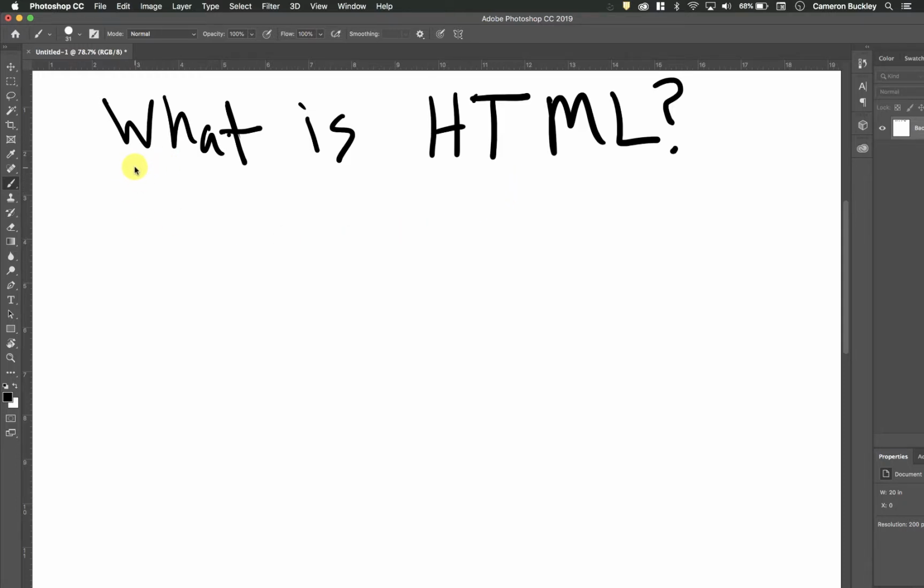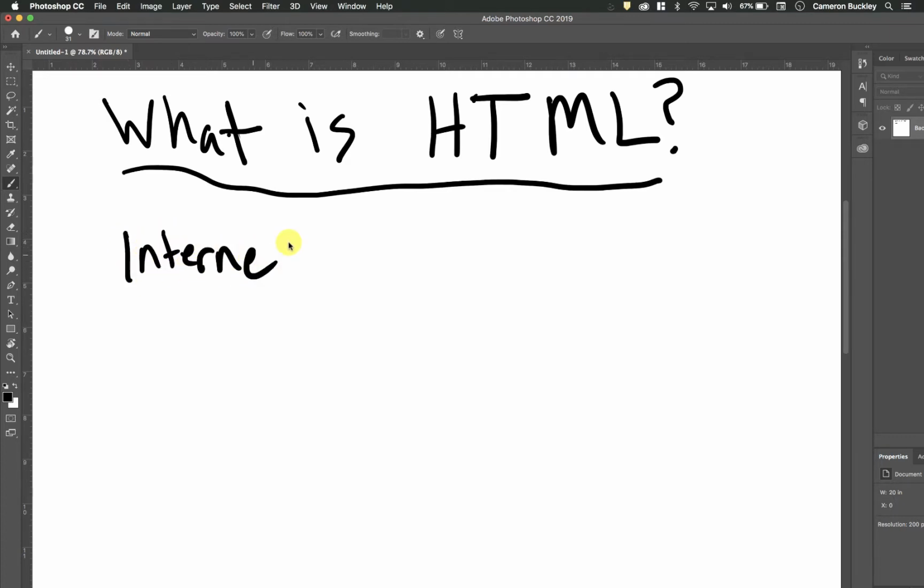So let's talk about what is HTML, CSS, and how do these two things work together. We've gone over this briefly in previous videos, but to clarify, all of the internet is just a series of servers, basically computers, that we are accessing. Here's my little bad drawing of a computer. So we are accessing a server somewhere, and that server has a little folder in it, and that folder